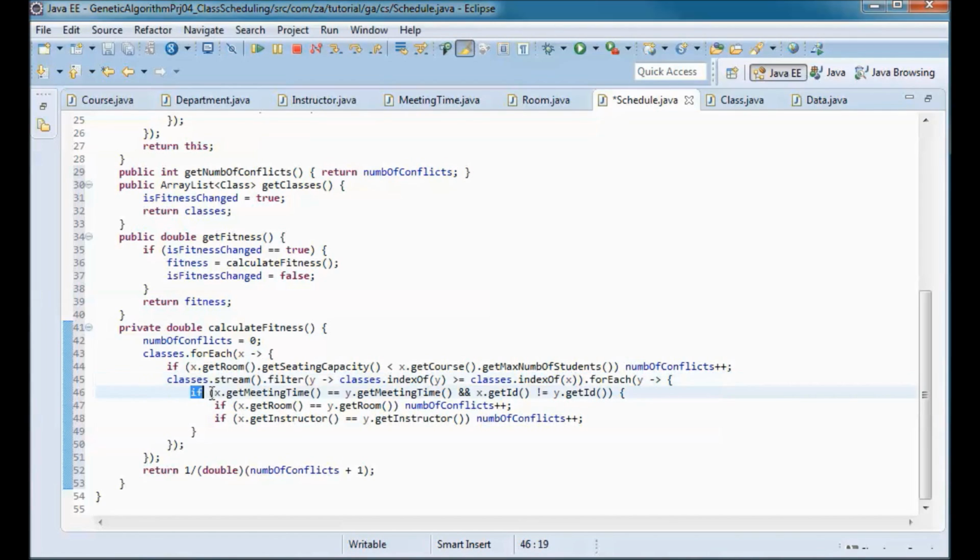So we check if we have the same meeting time and it's a different class instance. Then if it is the same room, then we have a conflict, so we add 1 to the number of conflicts. And if it is the same instructor, then we also have a conflict, and we add 1 to the number of conflicts. And the fitness I am returning here is 1 over the number of conflicts plus 1 as a double here.